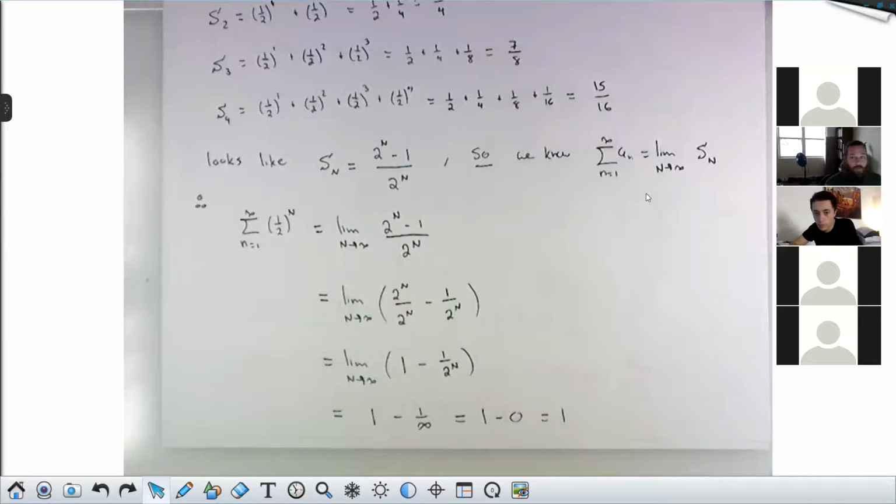This leads to one of the worst math jokes I know. Are you ready? An infinite number of mathematicians walk into a bar. The first one says, "I'll take a beer." The second one says, "I'll take half a beer." The third one says, "I'll take a fourth of a beer," and so on. The bartender says, "I hate you guys," and just pours 2 beers.